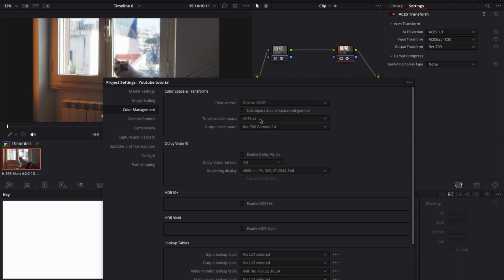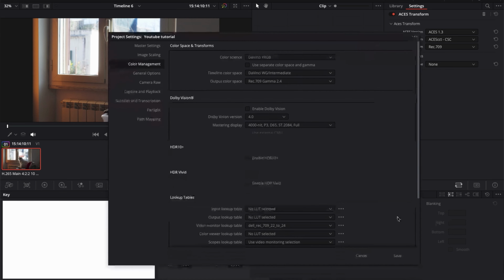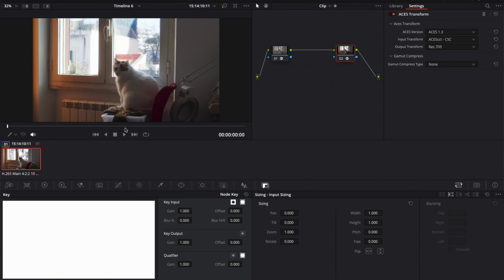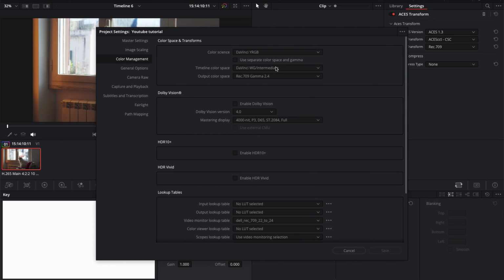But if we change this one, timeline color space, from ACES CCT to DaVinci Wide Gamut Intermediate, we can see that nothing changed. The image is the same. But let me show. If we come back to ACES CCT, that is, I repeat, the correct timeline color space for ACES,